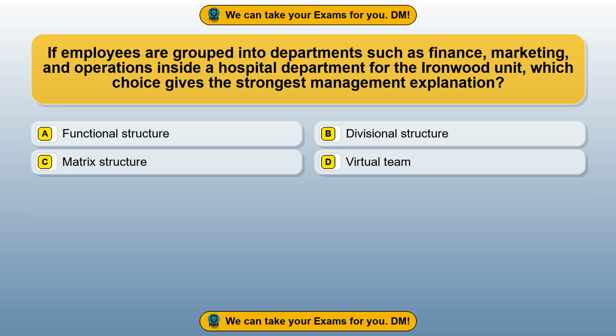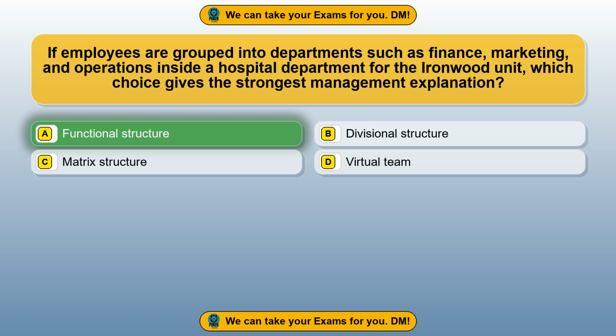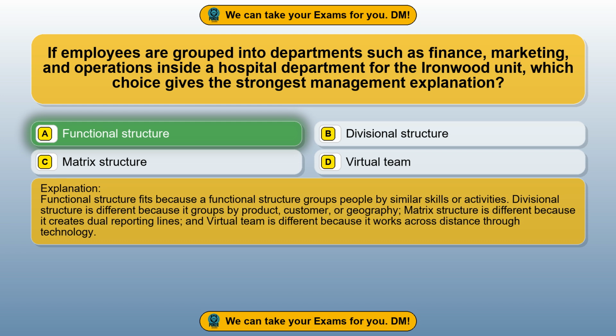Question 66. If employees are grouped into departments such as finance, marketing, and operations inside a hospital department for the Ironwood unit, which choice gives the strongest management explanation? Option A, functional structure. Option B, divisional structure. Option C, matrix structure. Option D, virtual team. The correct answer is option A, functional structure. Functional structure fits because a functional structure groups people by similar skills or activities. Divisional structure is different because it groups by product, customer, or geography. Matrix structure is different because it creates dual reporting lines, and virtual team is different because it works across distance